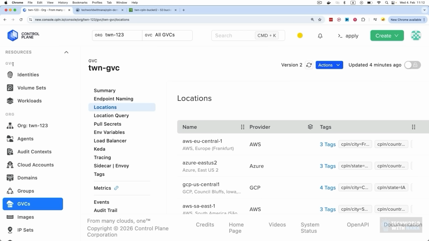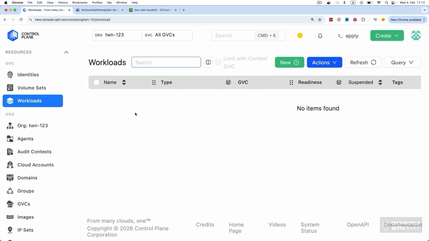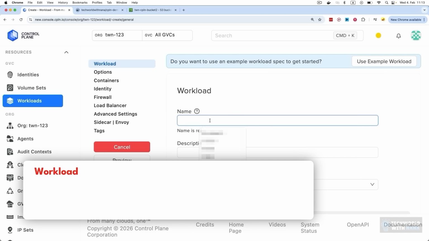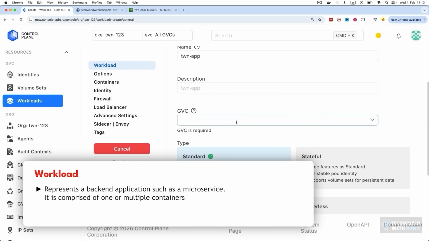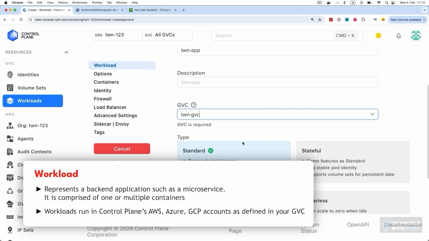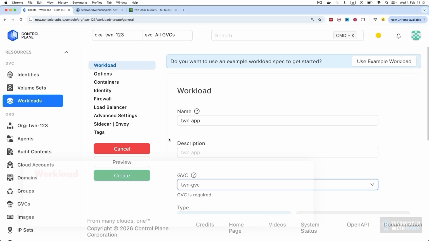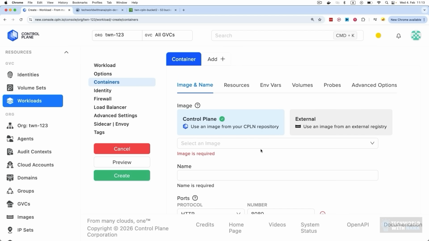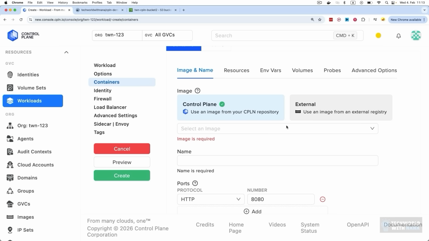So now in this GVC section, I'm going to go to workloads. And this is where we're going to create our workload with the Docker image. So I'm going to click on new. Let's call this TechWorld app. And we are deploying this in our TWN GVC. So this is just metadata, but this is where the image is configured. So I want to tell control plane which image to